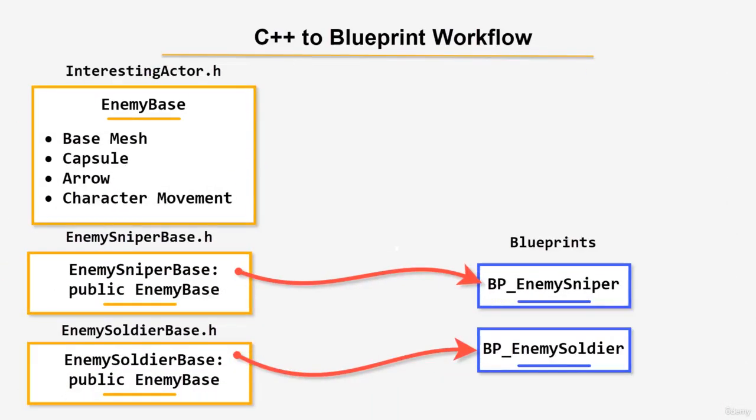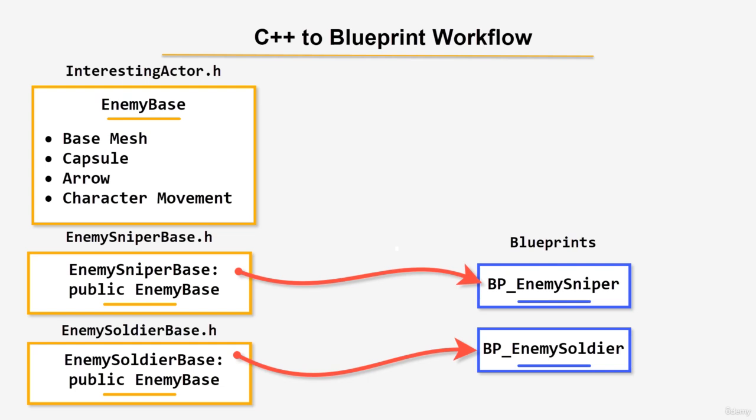This is the typical workflow that we will follow when developing in the Unreal Engine. We have a C++ to Blueprint workflow where we define some class. So in this case, we have a C++ enemy base class, and that will have some components that give that class some functionality, such as a capsule for collision, an arrow component which will basically show us which way it's facing forward. It may have some character movement component which allows the character to move around, and of course a mesh,